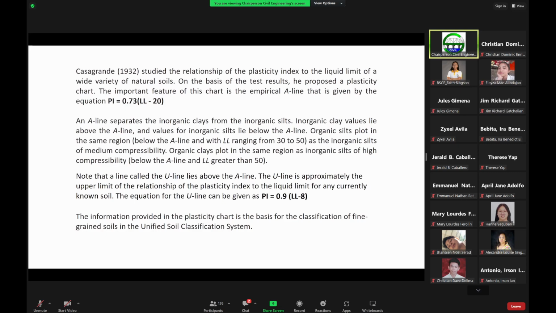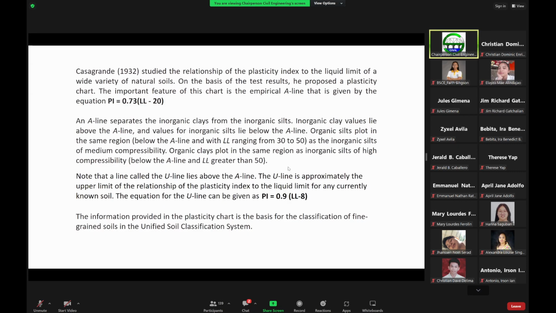On the basis of these test results, Casagrande proposed a plasticity chart. Now, in this chart, the important feature is the empirical A line, that is given by this equation here, PI equal to 0.73 times the liquid limit minus 20,